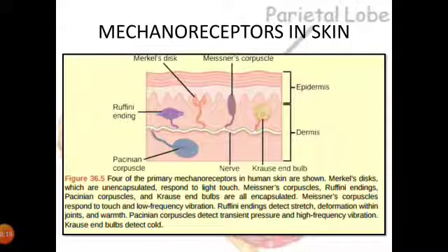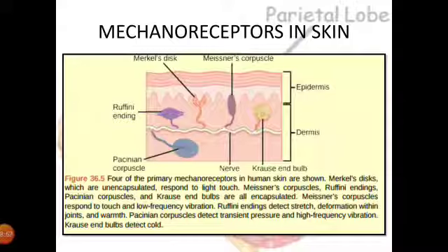These specialized receptors in skin are known as mechanoreceptors. There are various types of mechanoreceptors which help in the medial lemniscal pathway. Here we can see all the layers of the skin: the epidermis is superficial, and the dermis is deeper to the epidermis. More superficially lie the Merkel's discs and Meissner's corpuscles. Meissner's corpuscles are responsible for fine touch as well as 2-point discrimination. Merkel's discs are responsible for fine touch as well as superficial pressure.